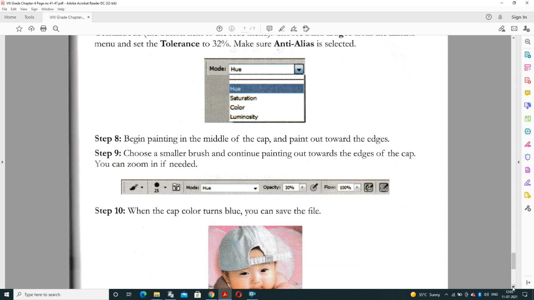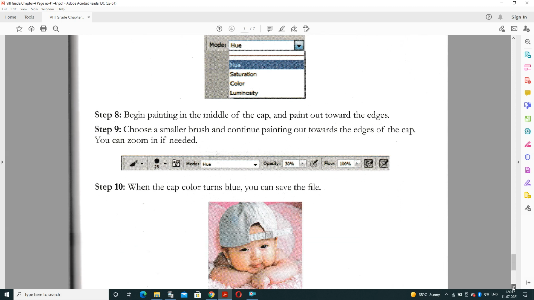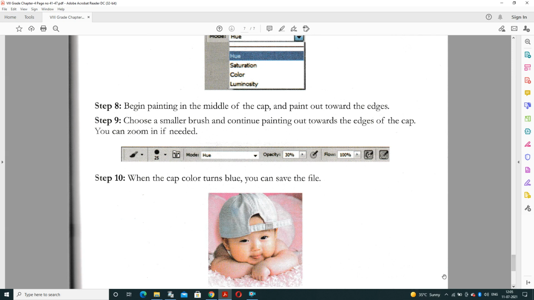Afterward, begin painting in the middle of the cap and paint out toward the edge. Choose a smaller brush and continue painting toward the edge of the cap. You can zoom in if needed. When the cap color turns blue, you can save that particular file.